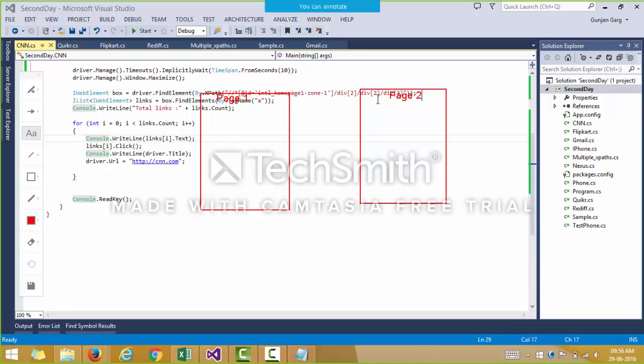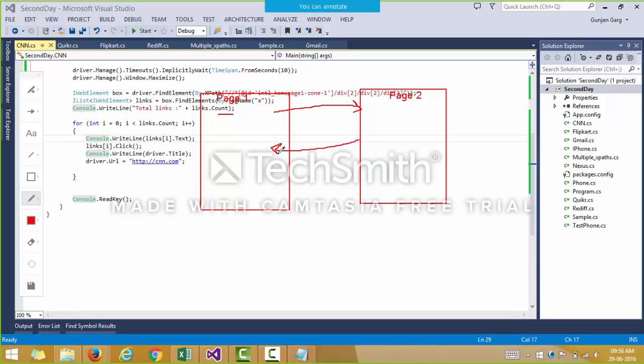Now there is a link on page 1, and we have extracted this link. When you click on this link on page 1, you go to page 2, which the link redirects to. After going to page 2, we come back to page 1, that is the cnn.com website, right?